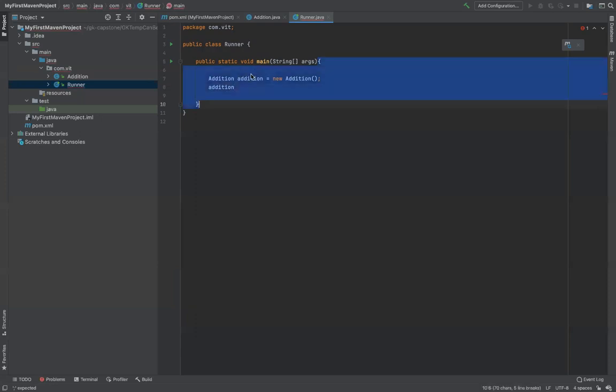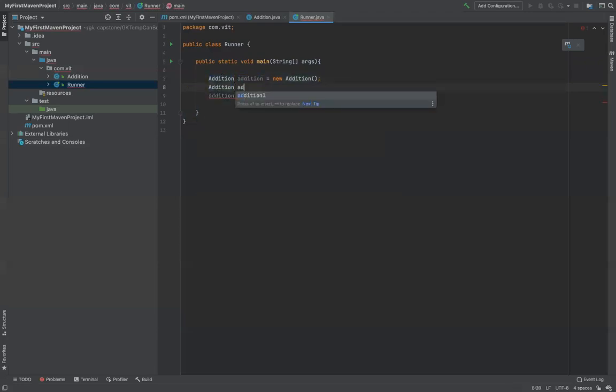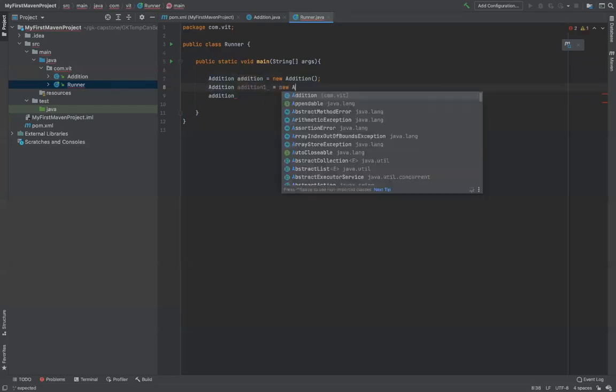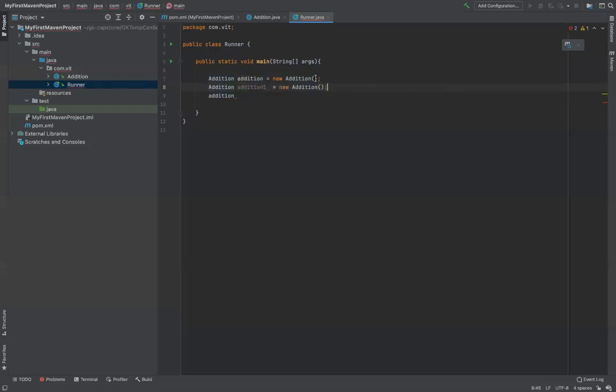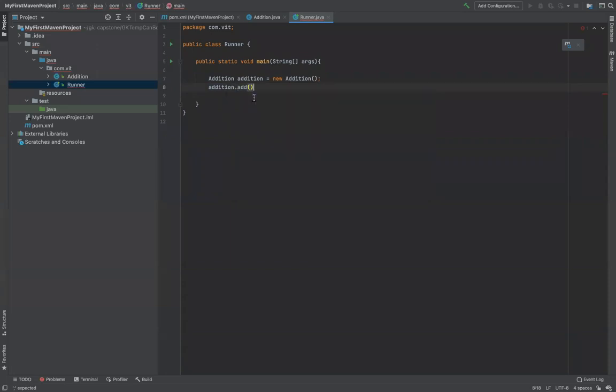Once you do that, you can use that variable, also called an object. This is an object of this class. I can create multiple objects of the same class, which will be different altogether and have their own existence. This can also be done if I want to, but I don't want to do it now. So it's simply this object. When I do a dot in it, it gives me the name of the method. If you see add, I'm getting add, isn't it? I can call this method.